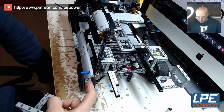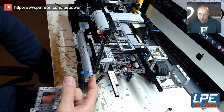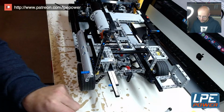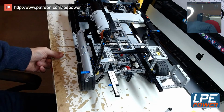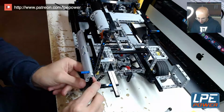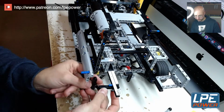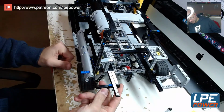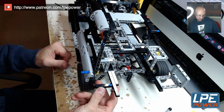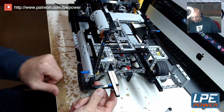But we do need to make a connection here. Otherwise, this is gonna flap about and we have nothing to connect to here. So, since panels might not be the right option, what if we use some lift arms here? I love these lift arms because they have a shape here and all. We can use one of them here somehow, so that it would attach to whatever comes here,